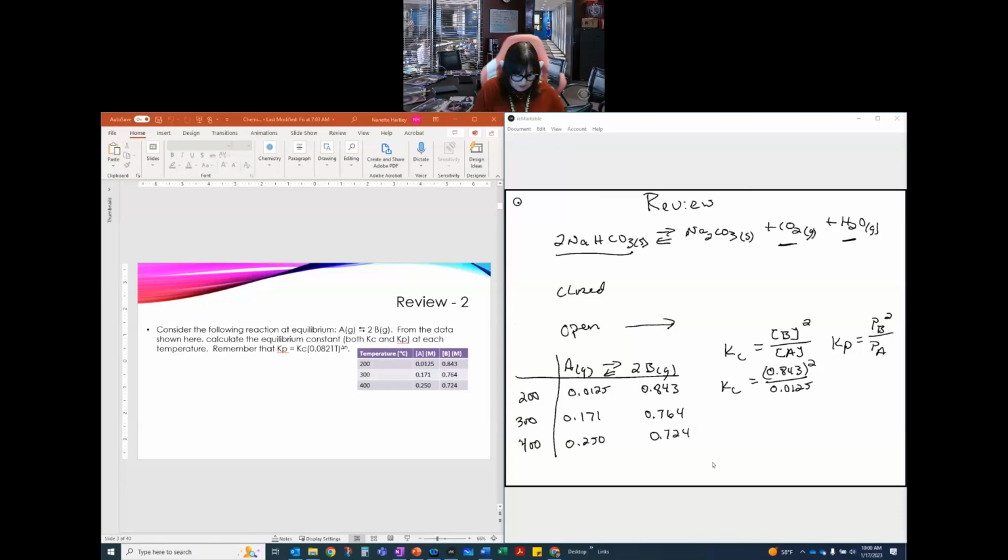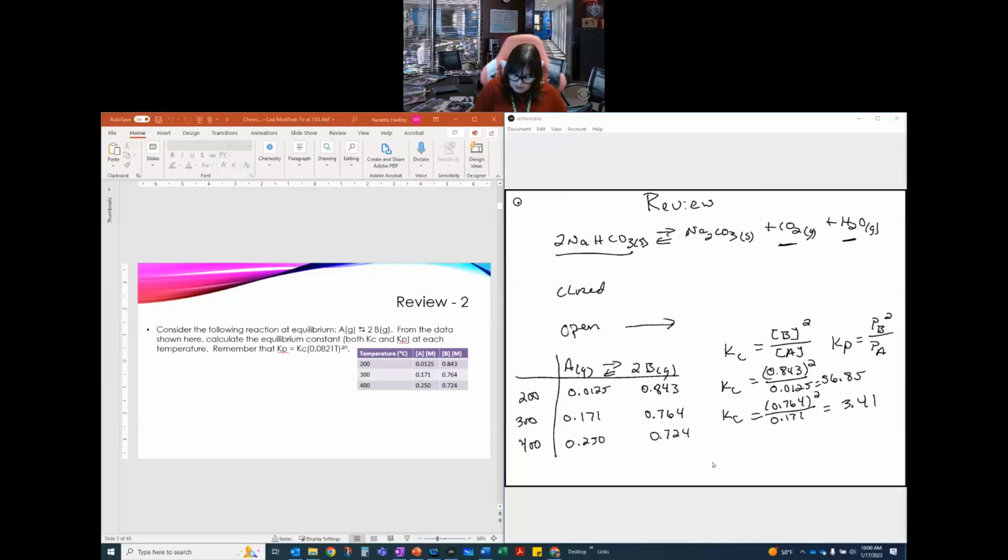0.843 squared divided by 0.0125. And that gives me 56.85. That is the number I get out of that. I'm going to calculate Kc for the next temperature: 0.764 squared, over 0.171. 0.764 squared divided by 0.771. That gives me